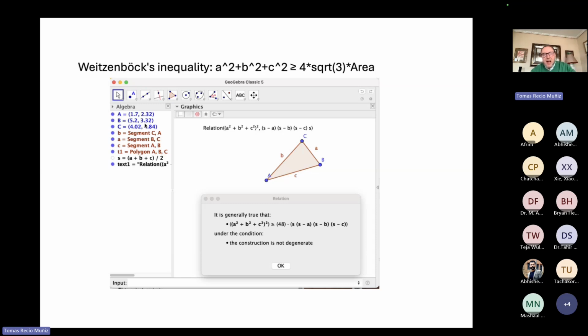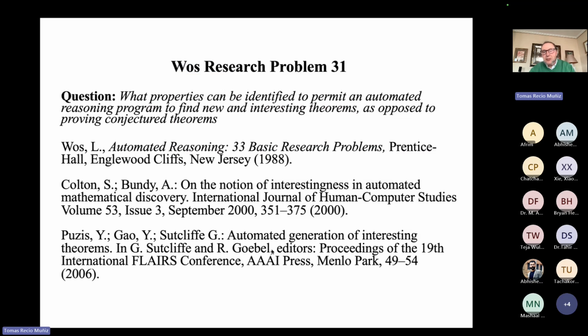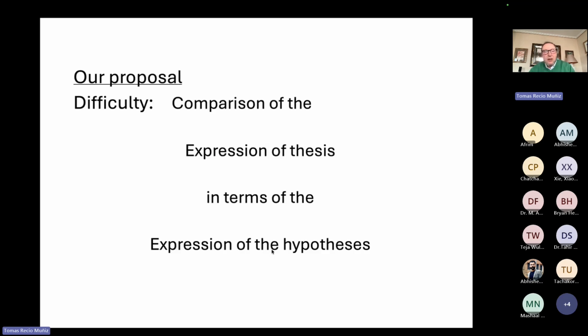It is verified using GeoGebra Discovery automatically. It says, yes, this is true. So you can see there is a lot of interesting results. And our proposal, our ongoing work right now is about this measure of difficulty, which is for us not the